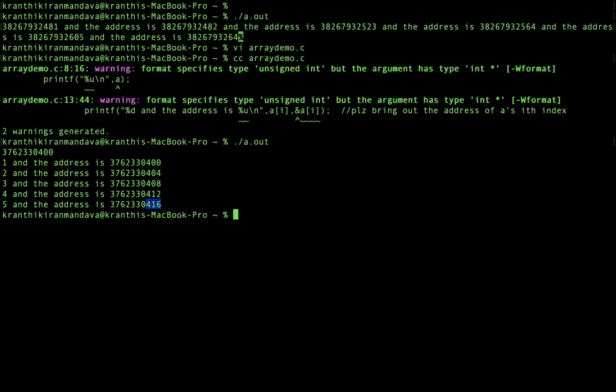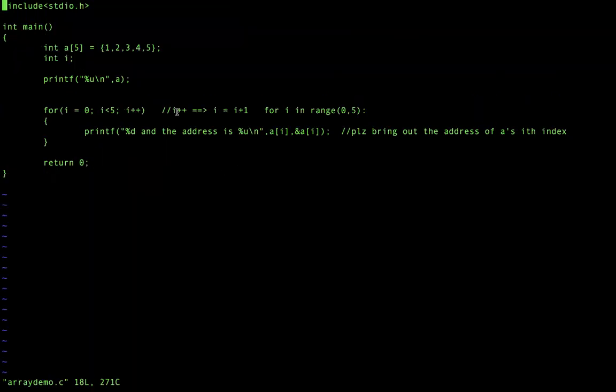And when I am printing A here, what did you actually expect in printing A? What is A here? The array, yes, the array itself. Of course, A is like a normal variable here also, but A is something extraordinary.